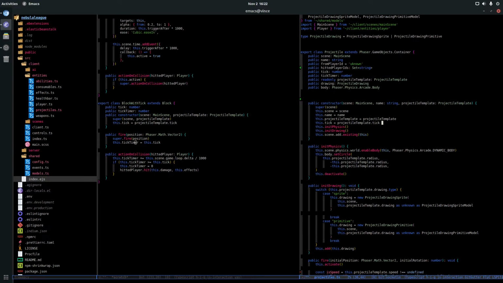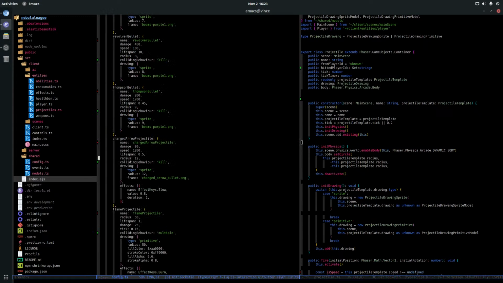I'm doing a tick for, I don't know, 0.2 is going to be my default tick. Maybe I'll put it into a const. Yeah, I don't know.